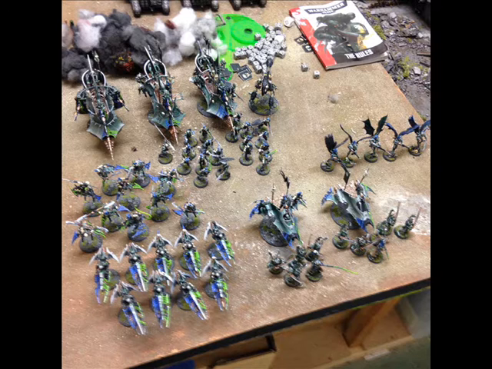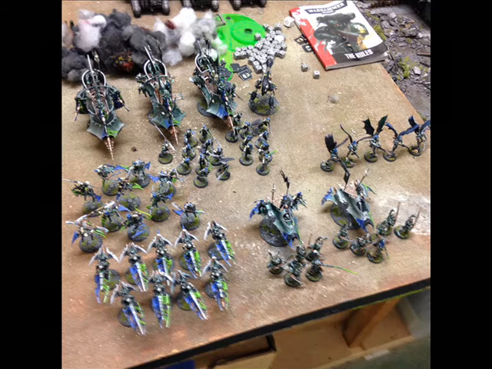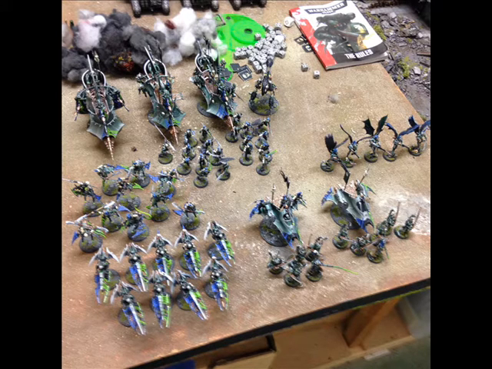I think both Venoms have got the extra cannon. Archons are armed with Shadow Field, Agonizer, Haywire Grenade, I think, something like that. 4 Scourge. I think he only took 2 Haywire Blasters. I think that was a bit